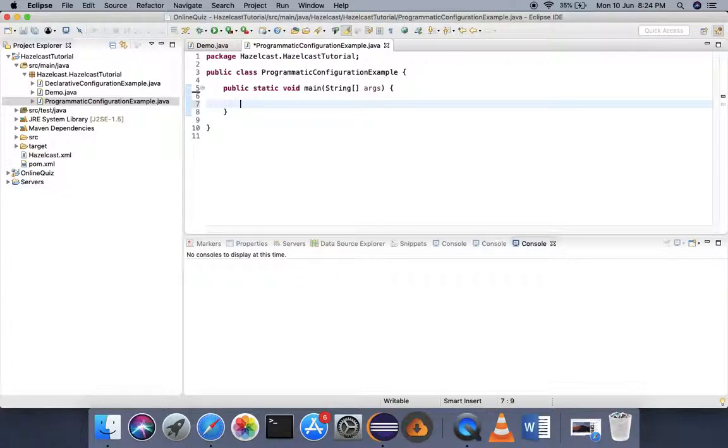But before doing that, let's create the Hazelcast instance. Before creating the instance of Hazelcast, we will have to configure our map, and then we will have to pass that config object while creating the instance of Hazelcast, so that the configuration gets added into the Hazelcast instance. So first of all, we will just configure our maps. For that, we will use the MapConfig class.